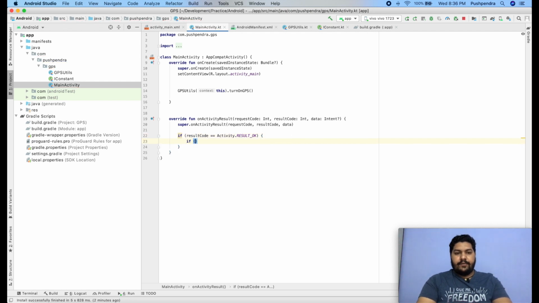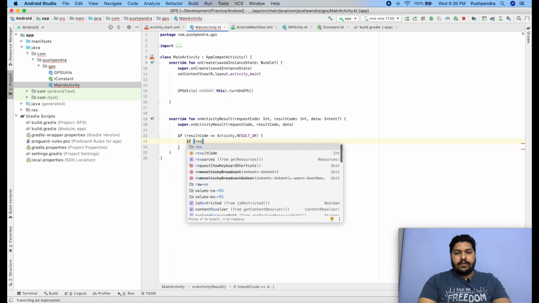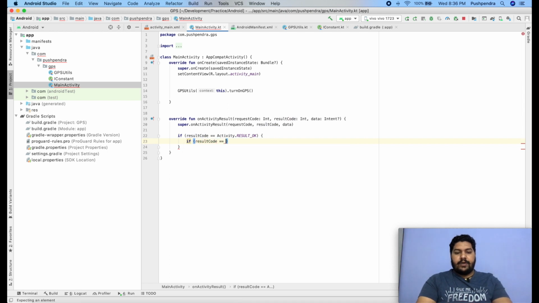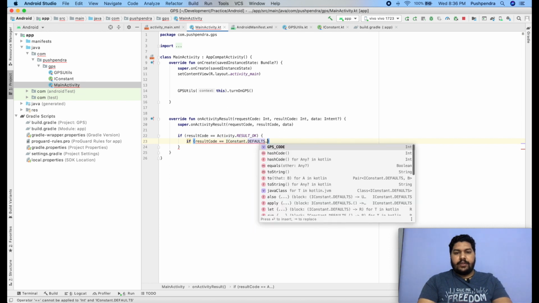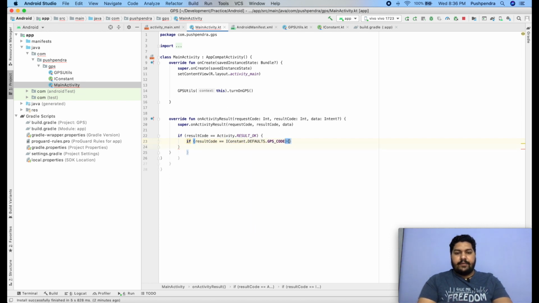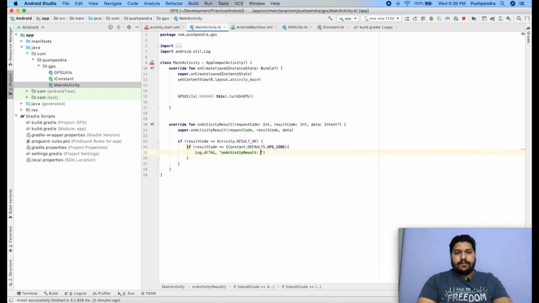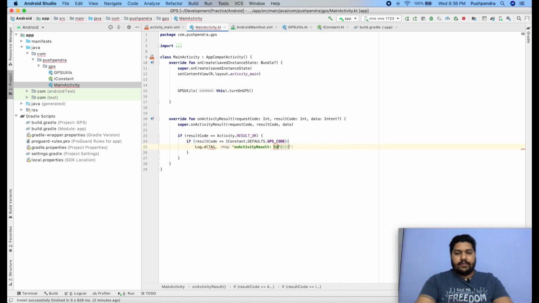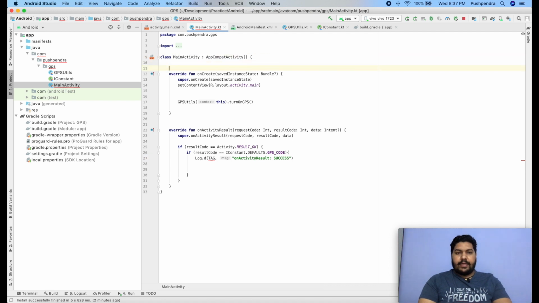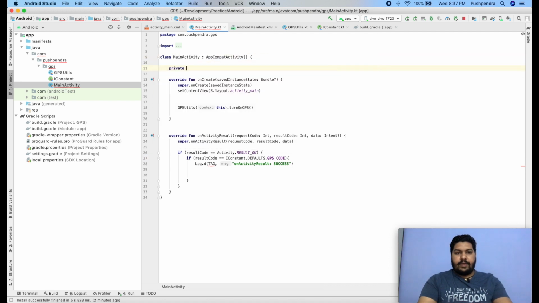Now here if result code double equals IC constant dot default dot GPS code, then log d, and here we can say success. Okay, now GPS has been enabled. From here in, if you would like to, you can pull your location setting. Now I will create one variable. This is private val, and tag equals, we can say main activity.